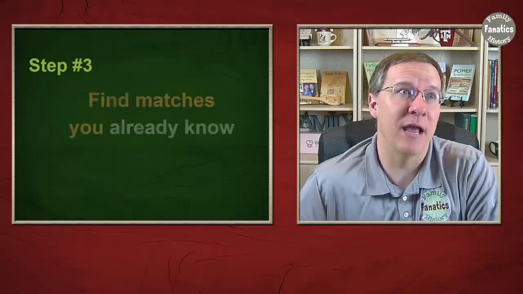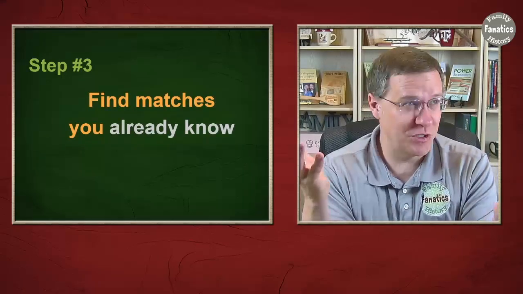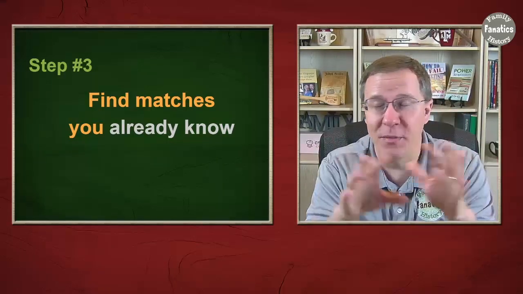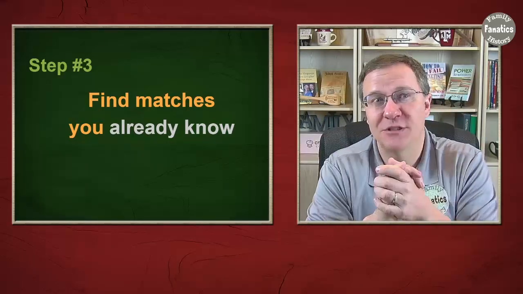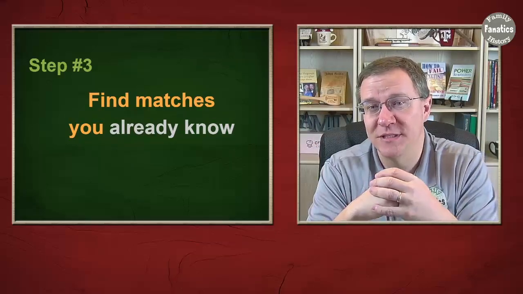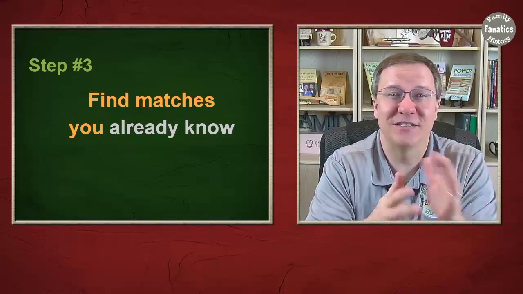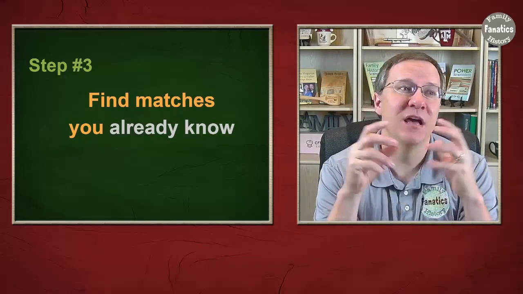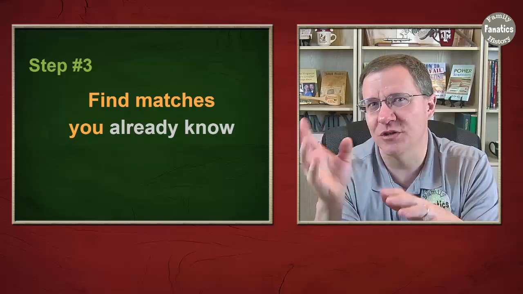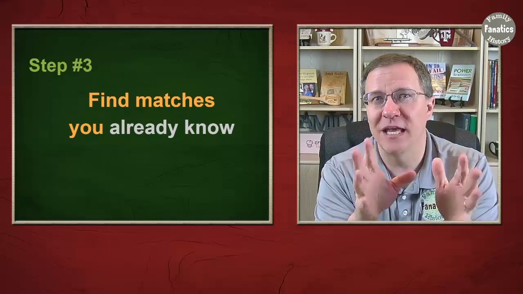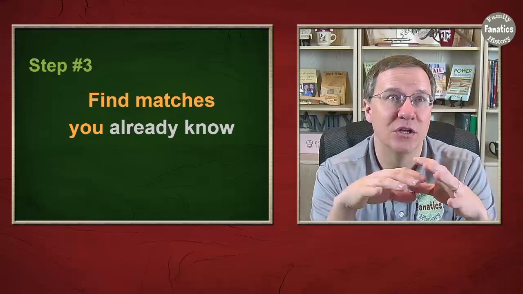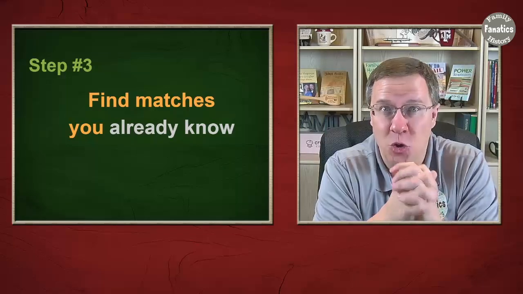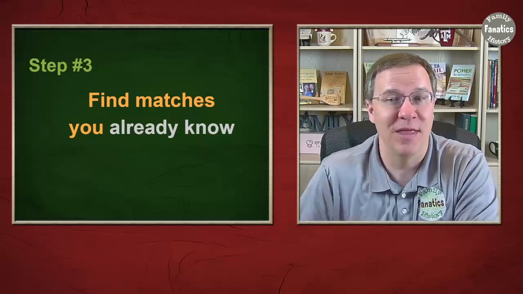Now we go on to step 3. And this is really a part of genealogy in general, is really start with what you know. In other words, take a look at that match list that looks overwhelming because there's thousands of people in it, and start from the top, the people that you're most closely related to, and see, hey, is there any of these matches that I already know? Maybe you have a cousin that has tested. Maybe you see a last name that you know is on a certain side of your family. Any clues like this are helpful in starting to categorize these matches. And so you want to start picking out, okay, who do I already know from this list?